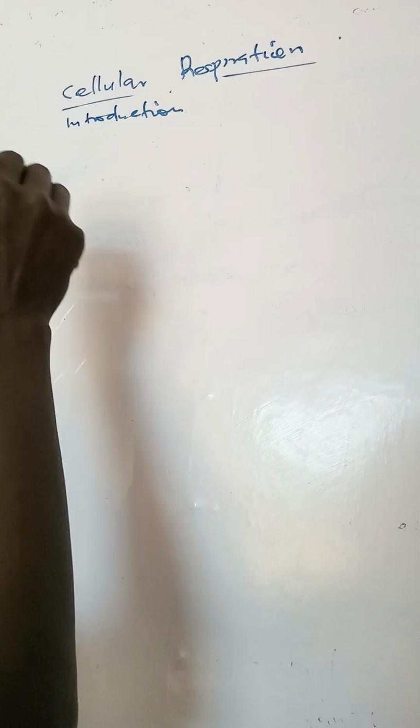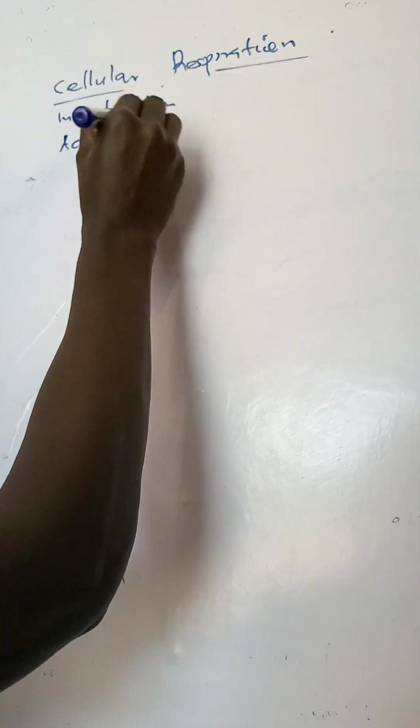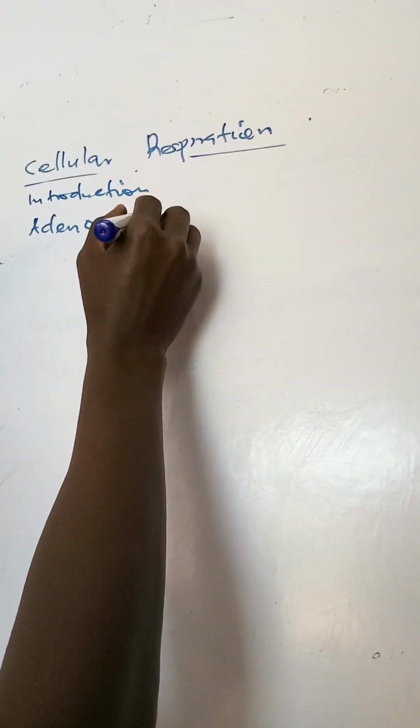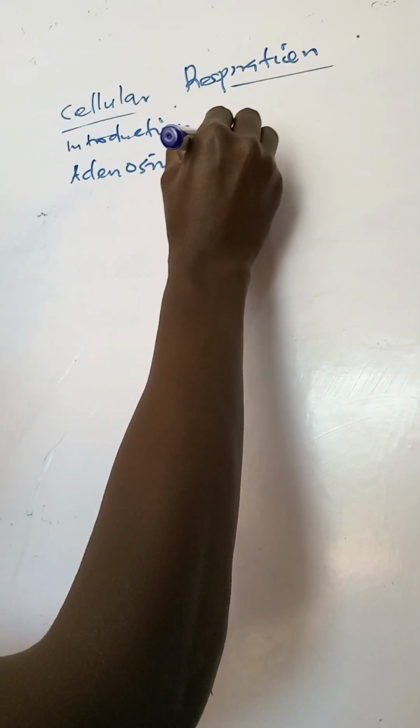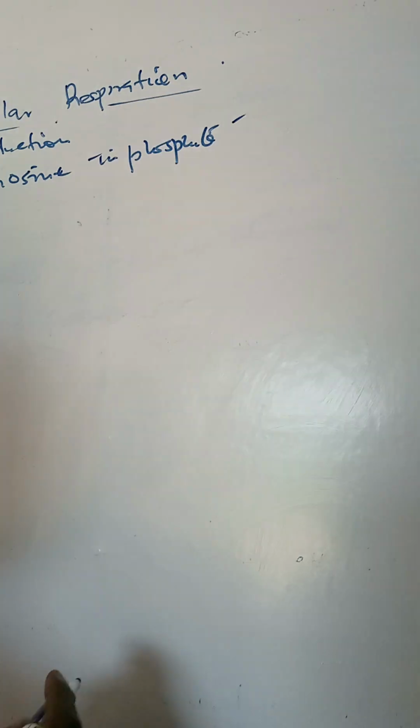We're going to look at and appreciate the functions of ATP, or adenosine triphosphate. Thanks to ATP, which provides energy to do body functions, we're going to appreciate it in terms